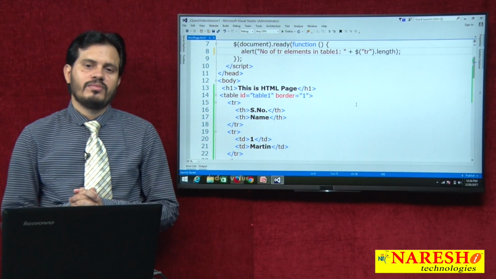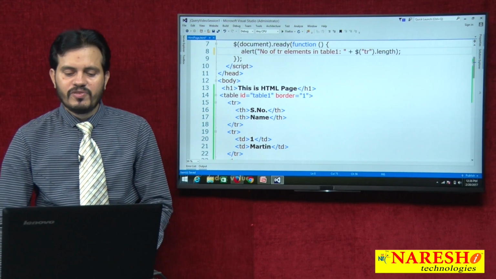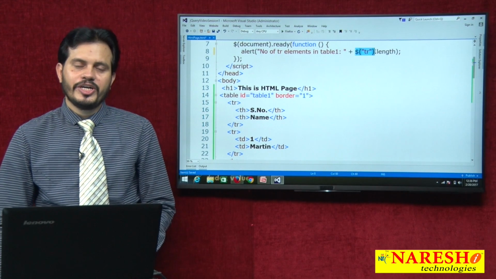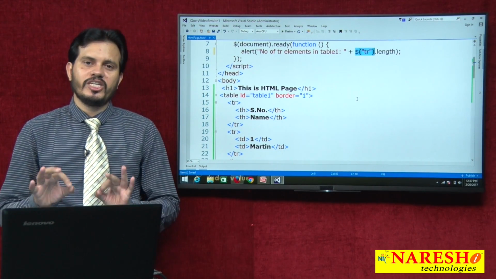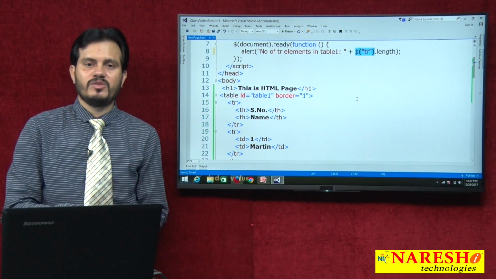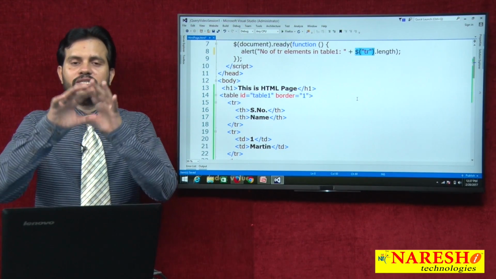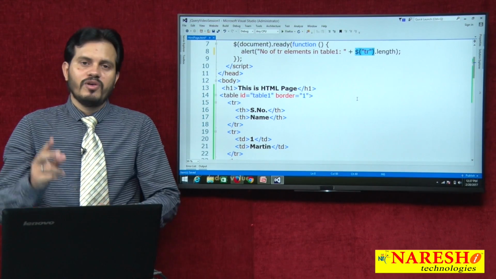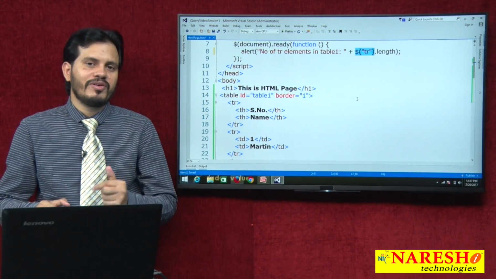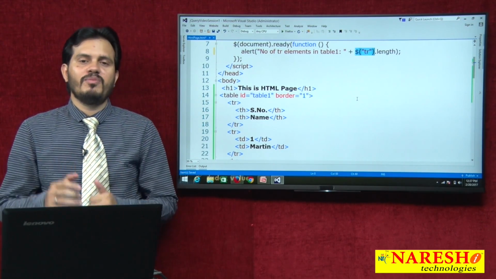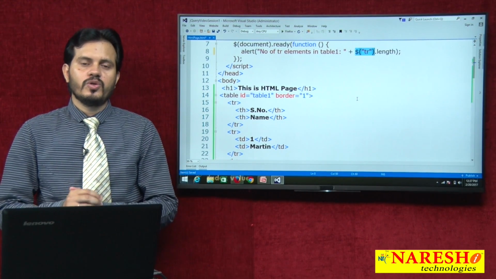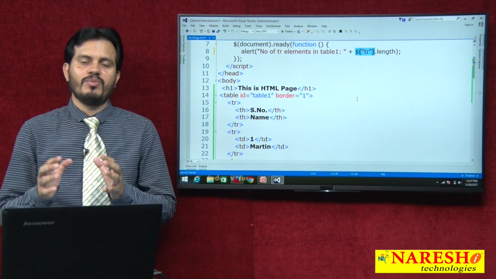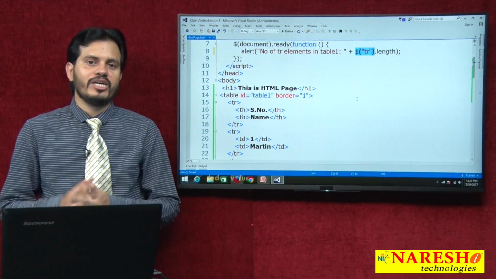6 elements. Because if you write this kind of select expression, it is going to look at all the TR elements in the HTML document, it does not matter whether it belongs to table 1 or table 2. It means in the entire HTML document it is going to find that we have 2 tables and per table we have given 3 rows, so how many elements are going to be selected? 6 table rows. But I just require the number of TR elements which belong to one table with the ID called